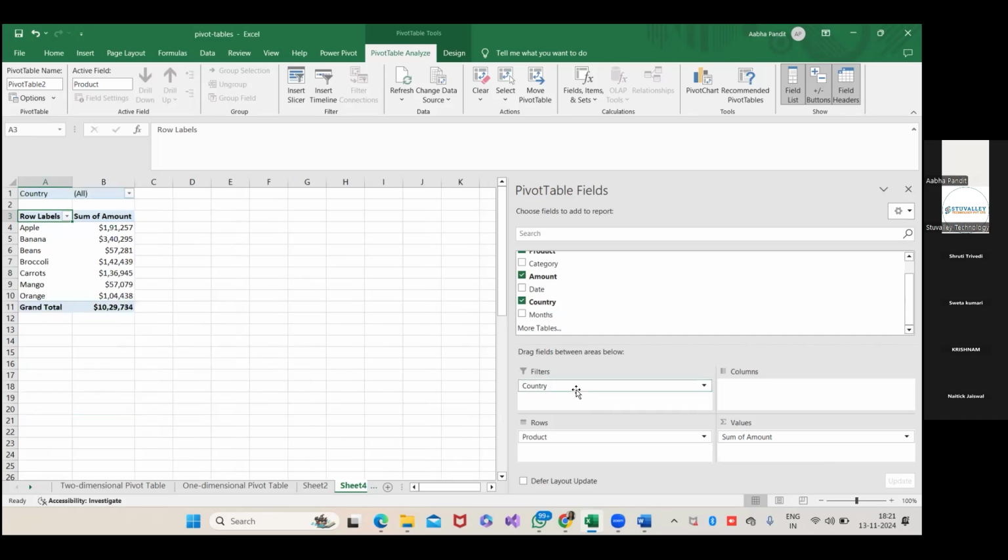So as per the country, I want to filter. I want product on the row side, and obviously the values, the amount, should be in here itself. Okay, so this is how I updated it. Is it clear?